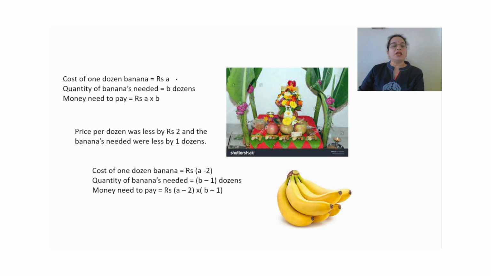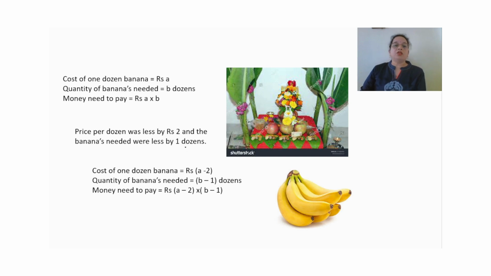सपोज ए डजन केले चाहिए मुझे, बी डजन केले चाहिए और उनकी कॉस्ट है ₹A। सो टोटल हाउ मच मनी आई हैव टू पे? ए मल्टीप्लाइड बाई बी। बट जिस दिन मैं बनाना लेने गई तो मुझे पता चला कि बनाना की कॉस्ट जो मैंने पहले पता थी उससे ₹2 कम हो गए, लेस हो गए, और नंबर ऑफ बनानास